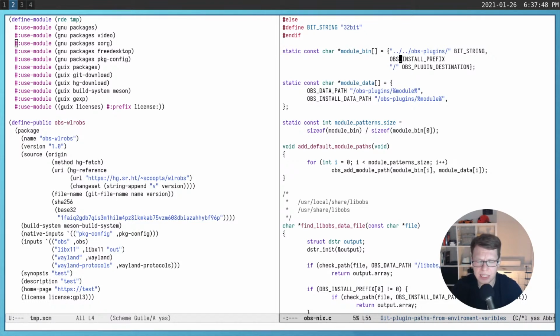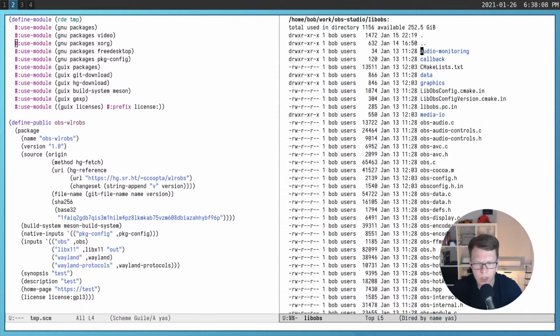And to fix that, we need to update another file in OBS, which loads plugins. And what we want is to specify the directory with OBS plugins using an environment variable. And for that, we can take a look at